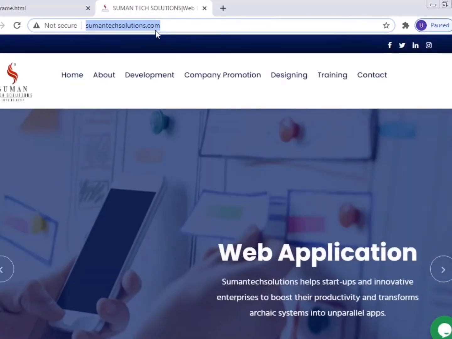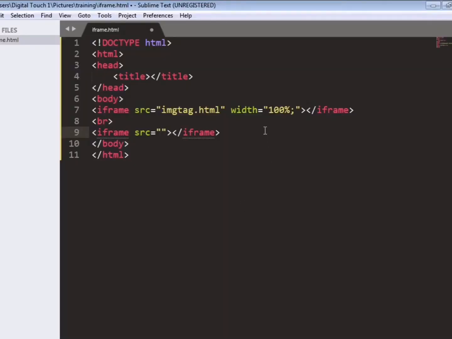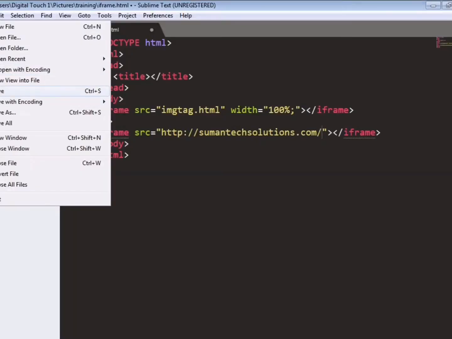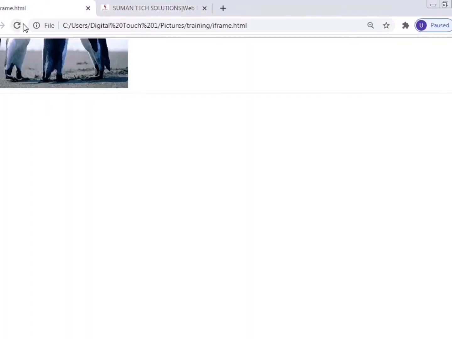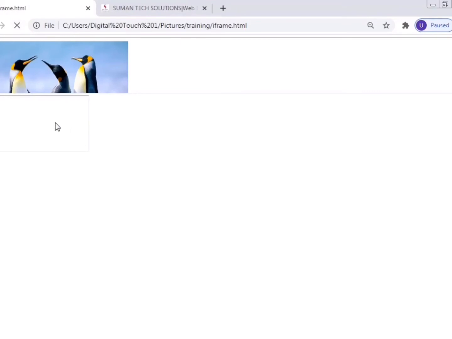This is the URL for Suman Tech Solutions. We will copy it from here, paste the URL here, save the file, and refresh the page again.